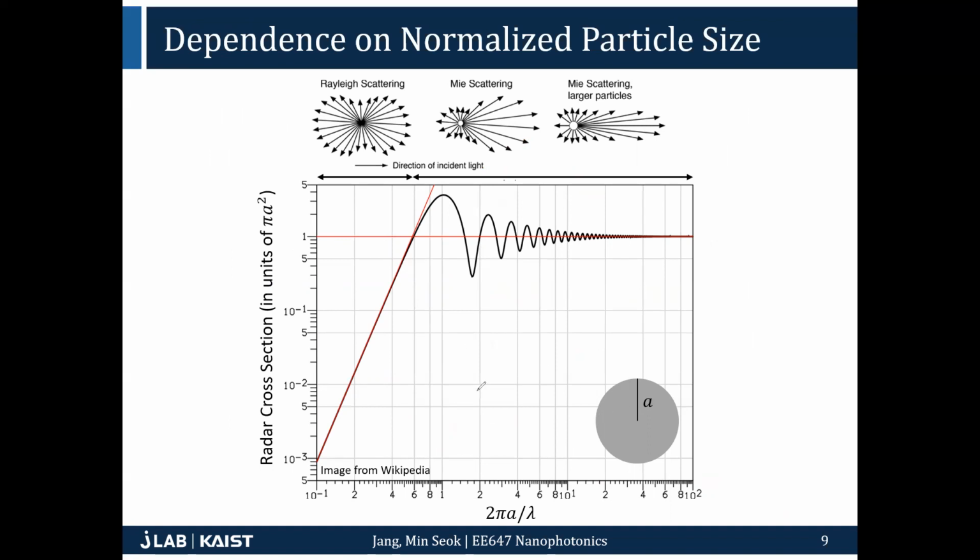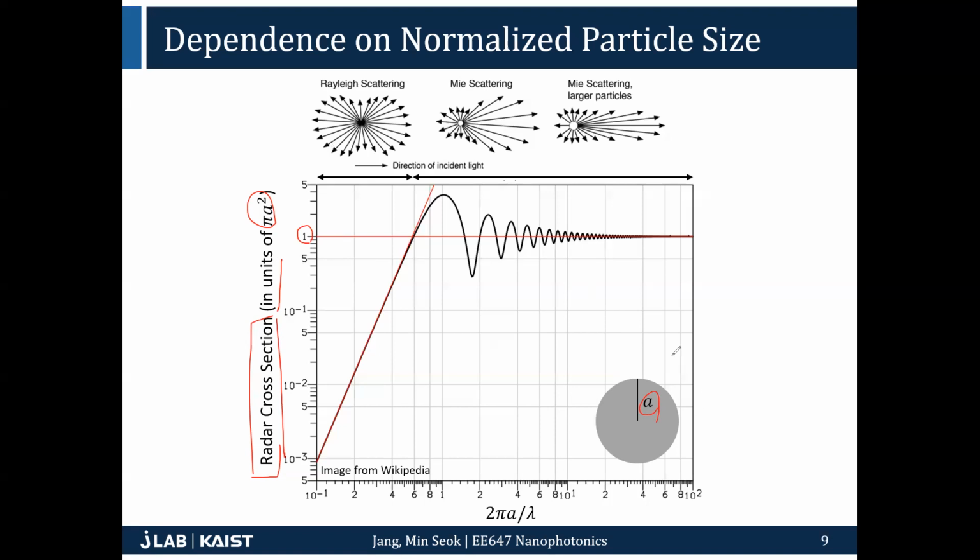So this chart is a very famous chart, which is called the radar cross section. You can just consider this as an extinction cross section, although it's a little bit different. And then you normalize your radar cross section by pi a squared, where a is the radius of your sphere. So pi a squared is just the cross sectional area. So if this is 1, that means your radar cross section is equal to the physical cross section of your